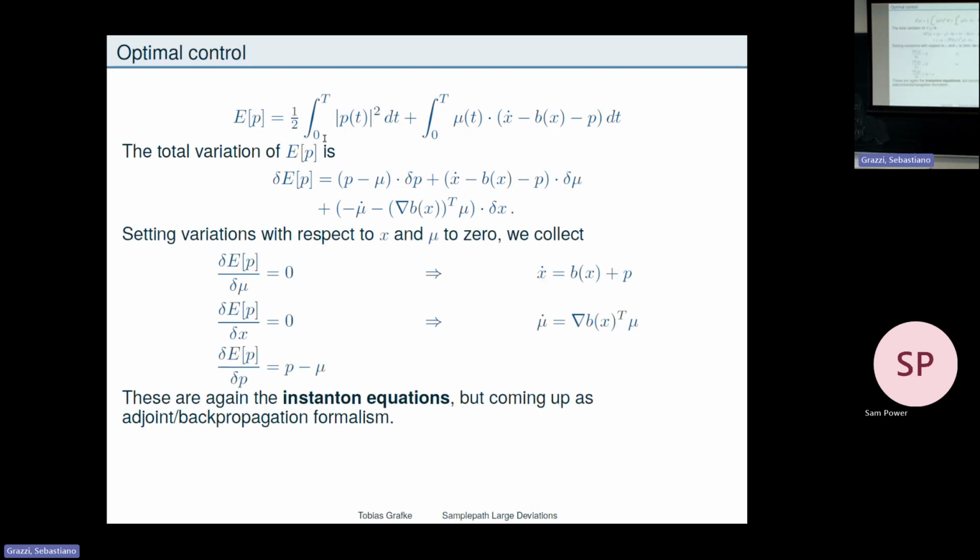And then if I demand that the variations with respect to x and mu shall be 0, I collect first an equation that looks like the original equation, because that's what I enforce, and an equation for my Lagrange multiplier field, which is exactly the conjugate momentum equation of Hamilton's dynamics. I mean, I guess I'm not inventing anything new here. It's just the observation that Hamilton's formalism is a way of doing a calculus of variations. But crucially, I also get much more cleanly than before an estimate of the gradient. Namely, the gradient is the mismatch between the control I have and the control that I would want to have coming from the adjoint equation.